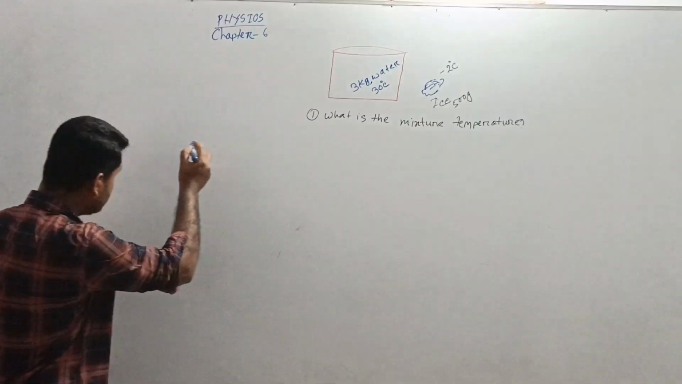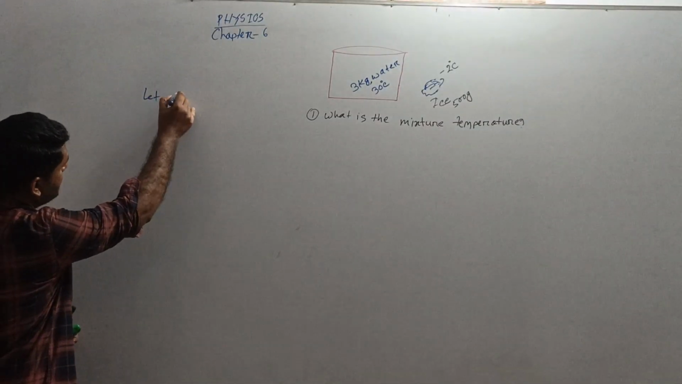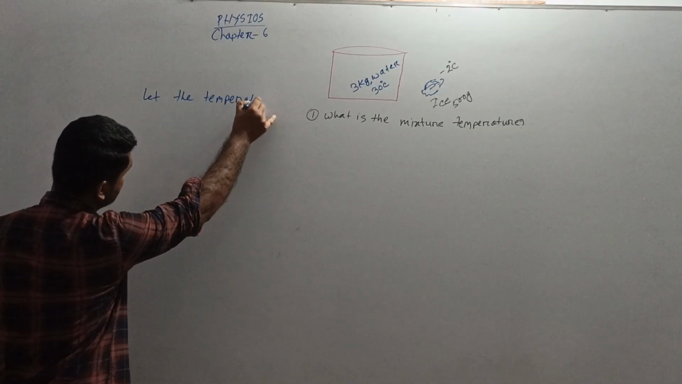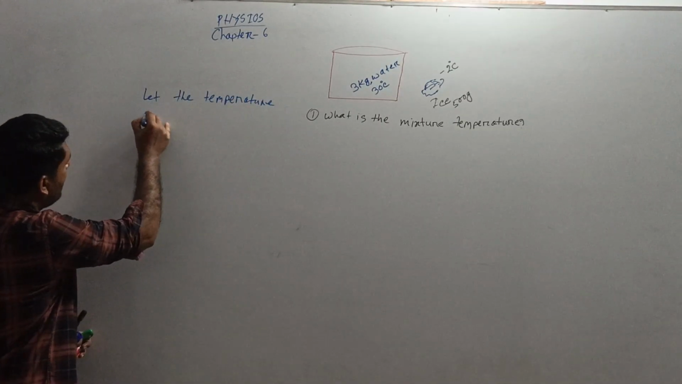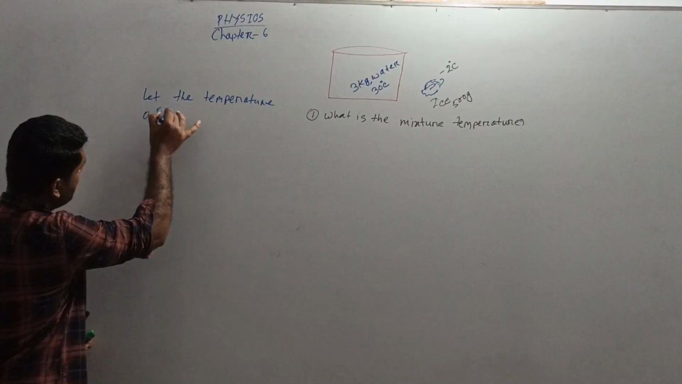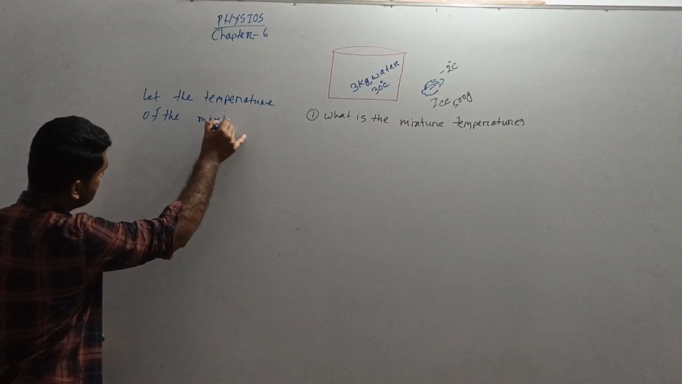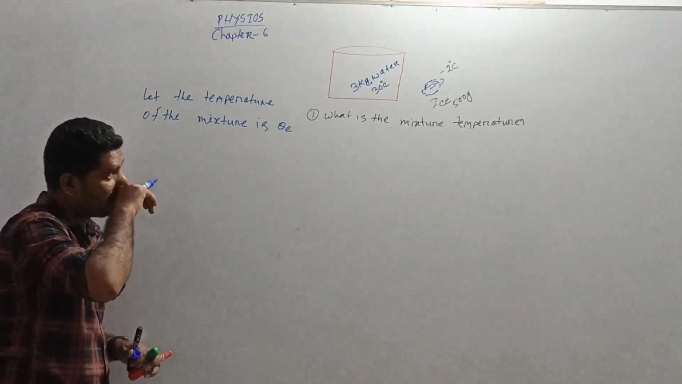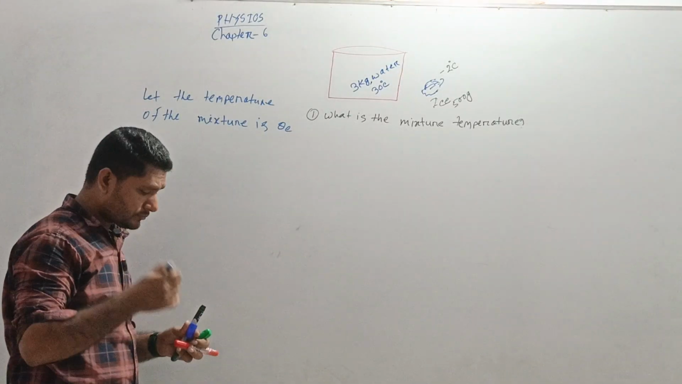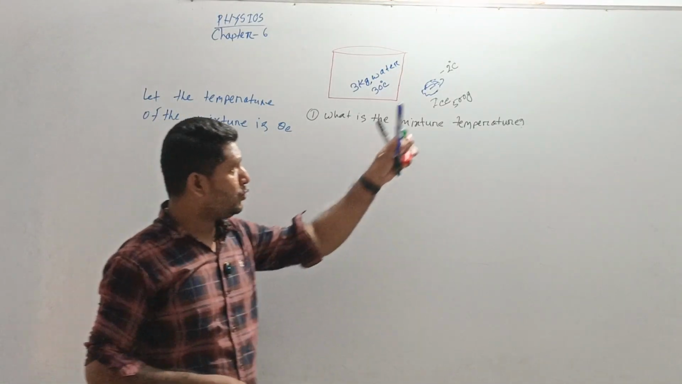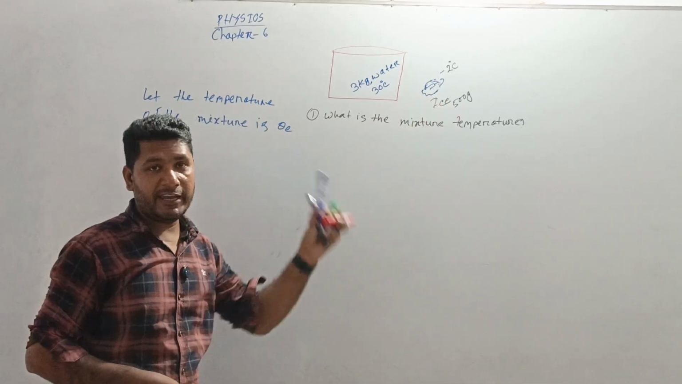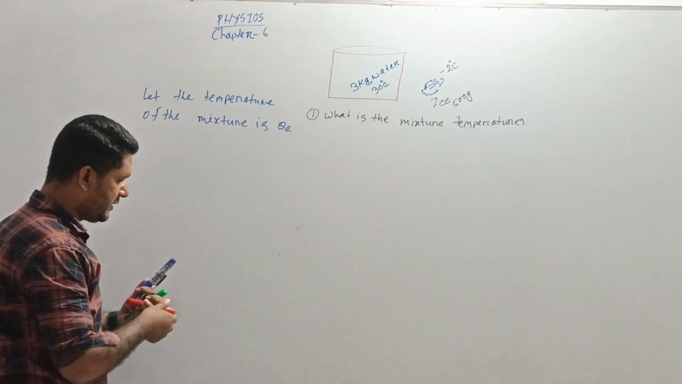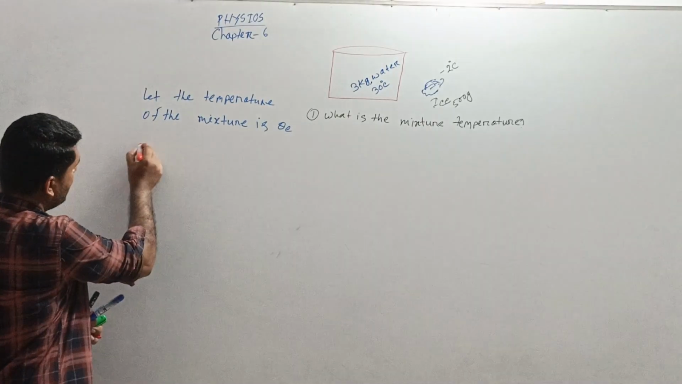So let the temperature of the mixture be theta C. Okay, theta C. So here the ice will receive or gain heat in 3 steps. Okay, first step is, we know the first step is here